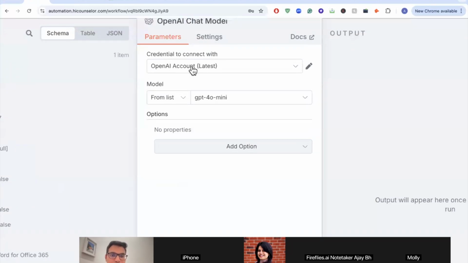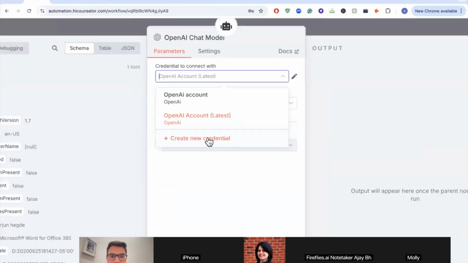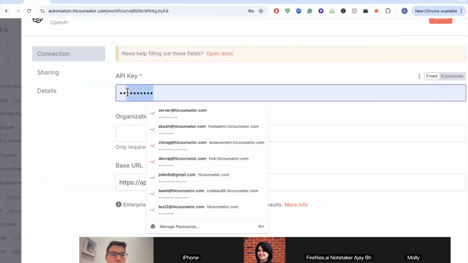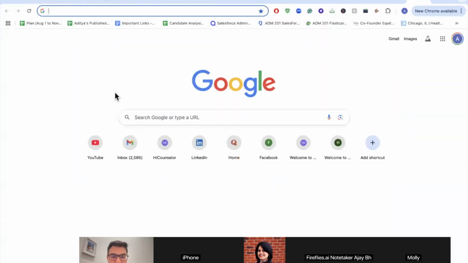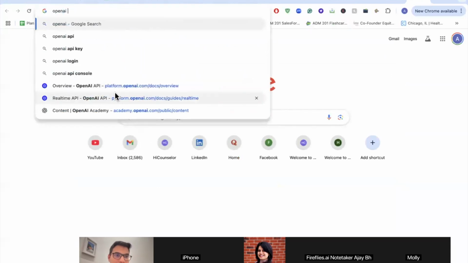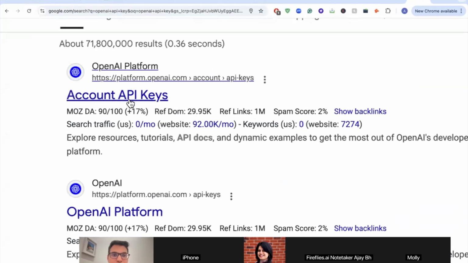And now to configure this, credentials to connect with OpenAI. Okay. I have already integrated my OpenAI account, but if you're doing it for the first time, click on create new credentials and you need to add your OpenAI API key. API key is nothing but a key to connect this workflow with your OpenAI account. Okay. Let me show you how you can find your OpenAI API key. Simply go to Google and search OpenAI API key, and you need to go to platform.openai.com,